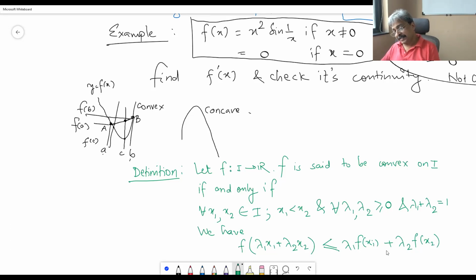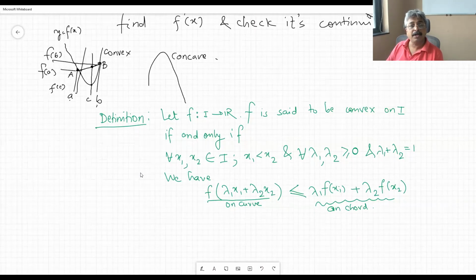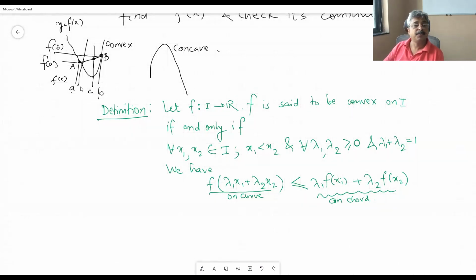So typically if you see, this is section formula. So this is point on chord and this is point on curve. It is as simple as that. So converting your understanding of geometry, what we call a convex curve, into the mathematical definition. Chord above or chord below the curve. If chord is above the curve, convex. If chord below the curve, concave. So